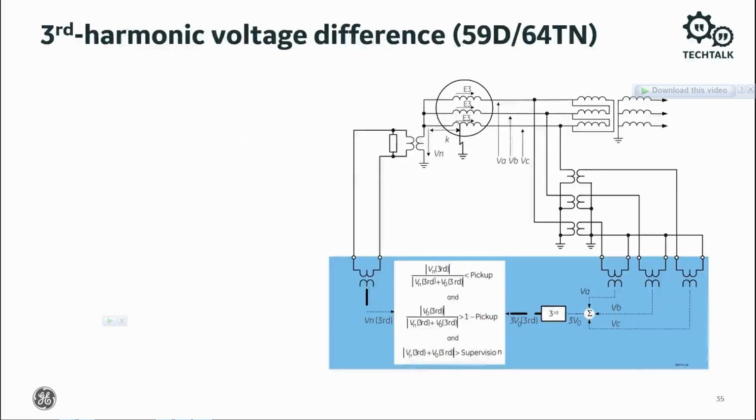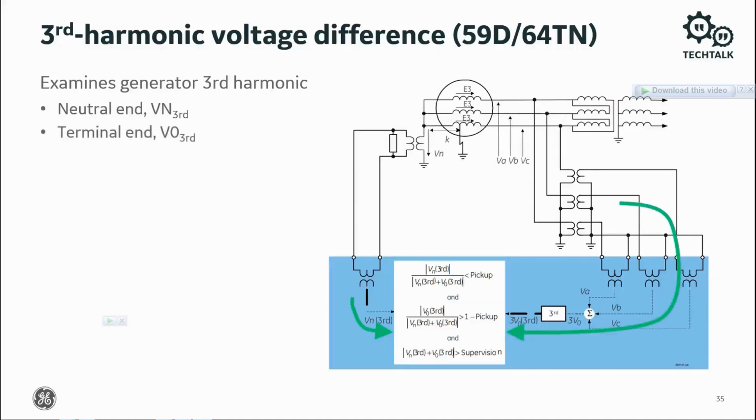Another method for stator ground fault protection is the third harmonic voltage difference ground fault protection, 59D64TN. It responds to third harmonic voltage measured at the generator neutral, which is Vn third, and at the generator output terminals, which is the third harmonic zero sequence voltage, 3V0 third. When used in conjunction with the 59, neutral overvoltage at the fundamental frequency, it provides 100% ground fault protection of